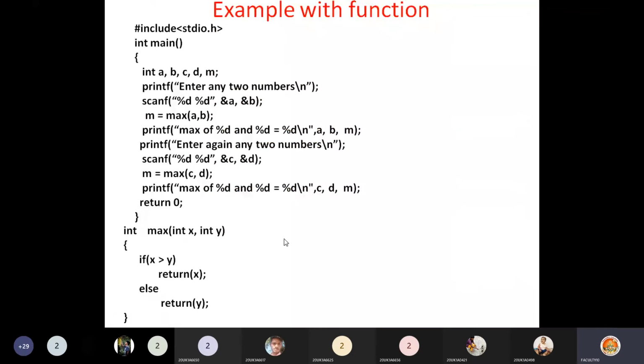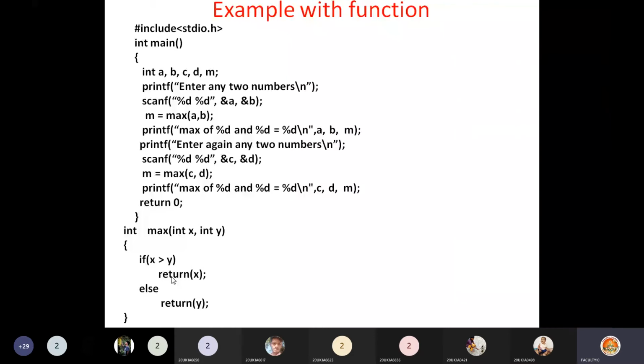This function contains the same 4 lines of code, but now at 10 different places, by writing only one line I can get my purpose. That means 10 lines plus 4 lines, 14 lines. Now the code is reduced from 40 lines to 14 lines. You have reduced your program length, reduced or not. So 14 lines means you have saved 26 lines of code.